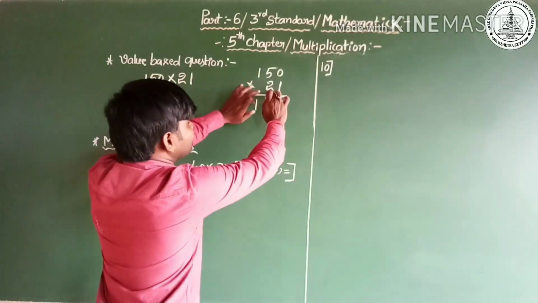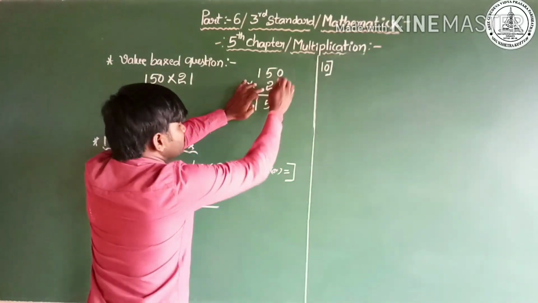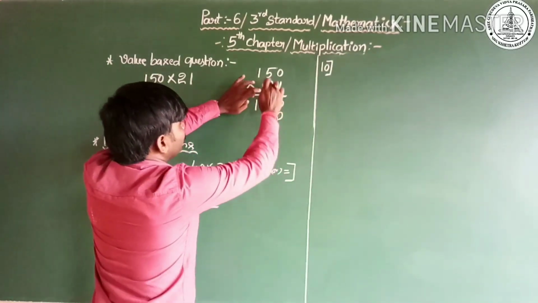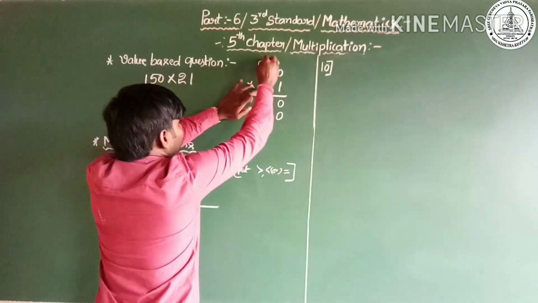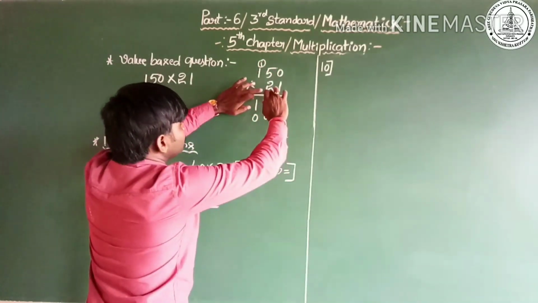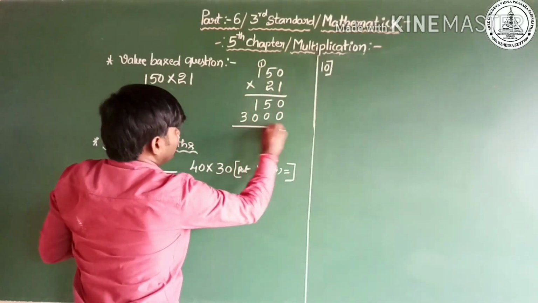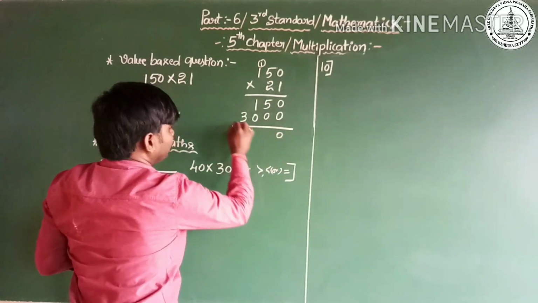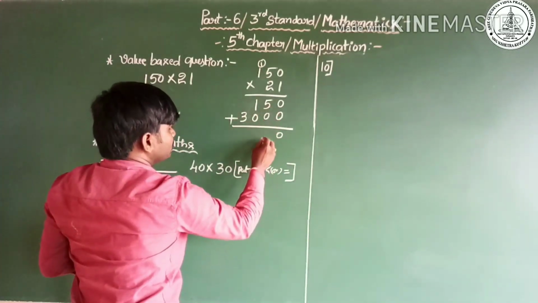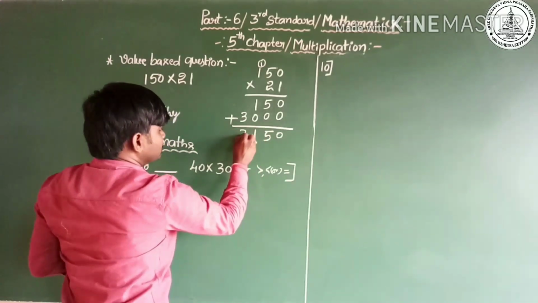Okay. The next go to the second level. You put 0 in the ones place here. Okay. 2 into 0, 0. The next 2 5s are 10. 1 is carried over. 0 is here. Yes, dear student. The next 2 1s are 2. 2 plus 1, 3. Yes, 0 plus 0, 0. Add two numbers. 5 plus 0, 5. 5 plus 1 plus 0, 1. 3 as it is 3.